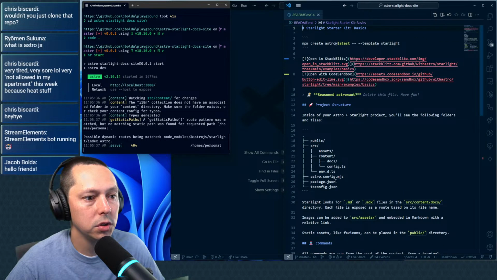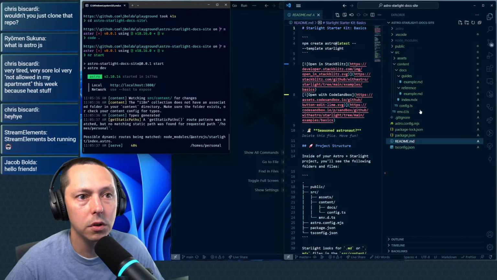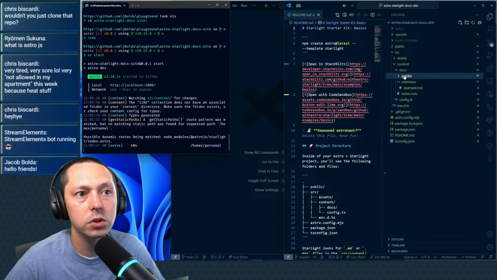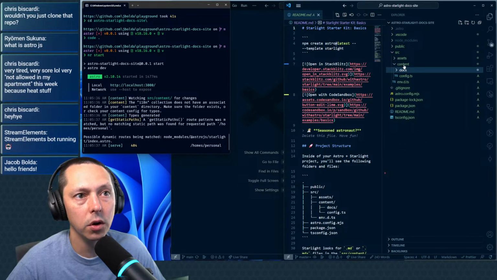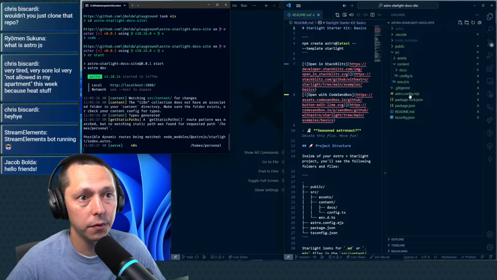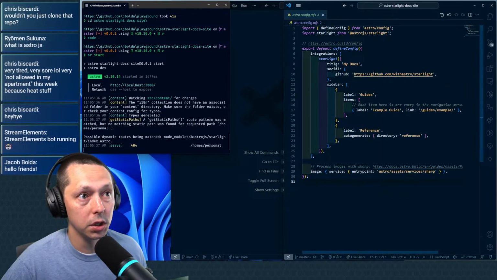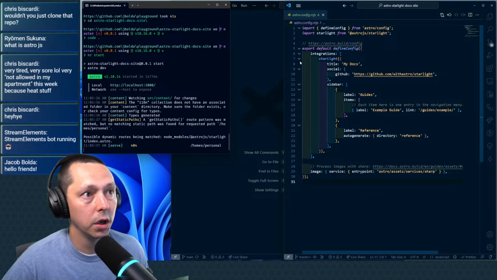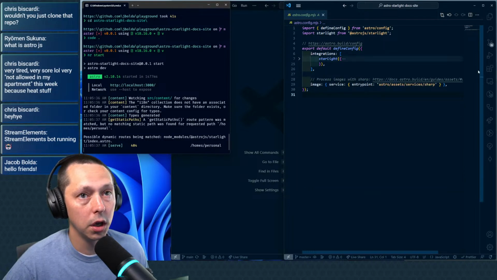Not too much else in the README. I don't think there's all too much else that's going on with this. So what ends up being interesting about this configuration is that we could do something like, we have docs, we set it up and configure it with this. We get a